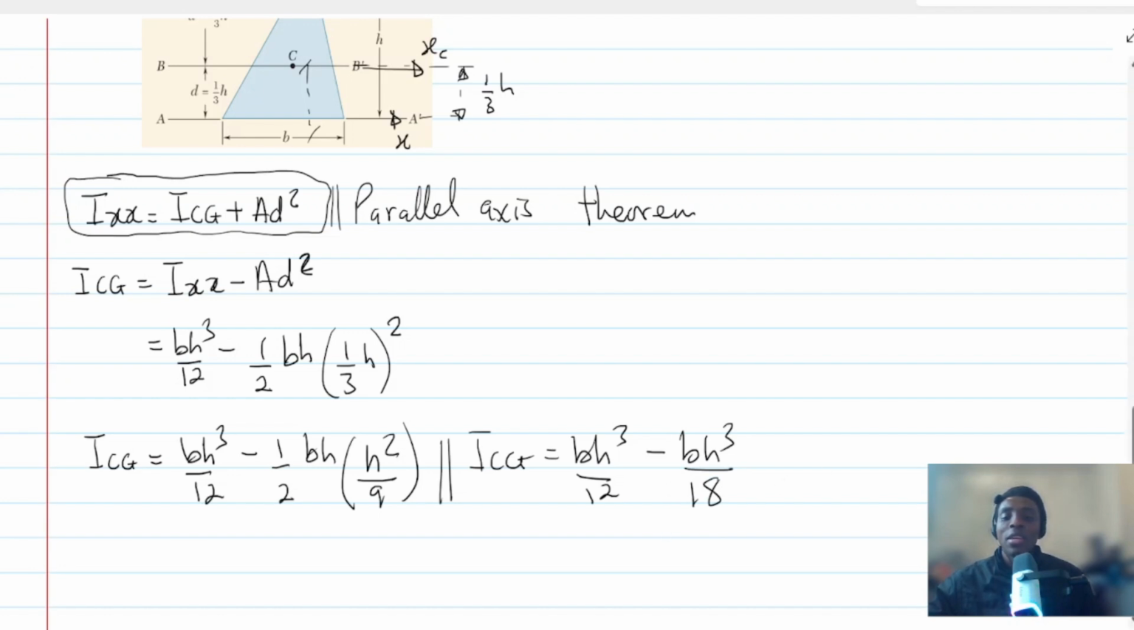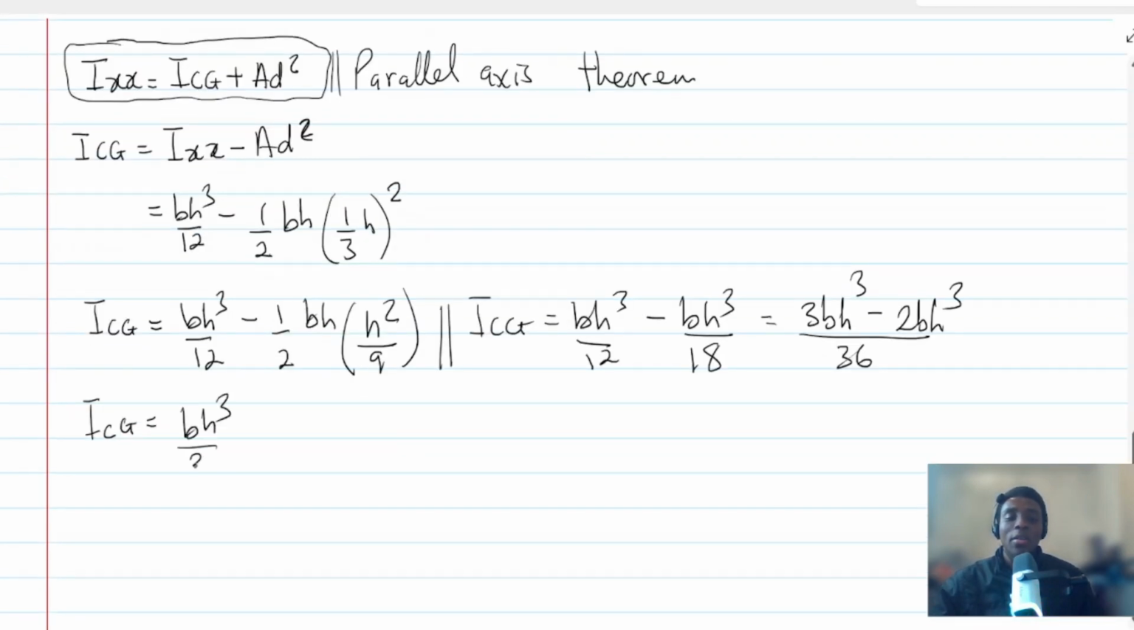The LCM of 12 and 18 is 36. So we've got 12 into 3, 12 into 36 is 3, so 3bh cubed minus 18 into 36 is 2, so 2bh cubed. So in fact, our ICG is nothing but